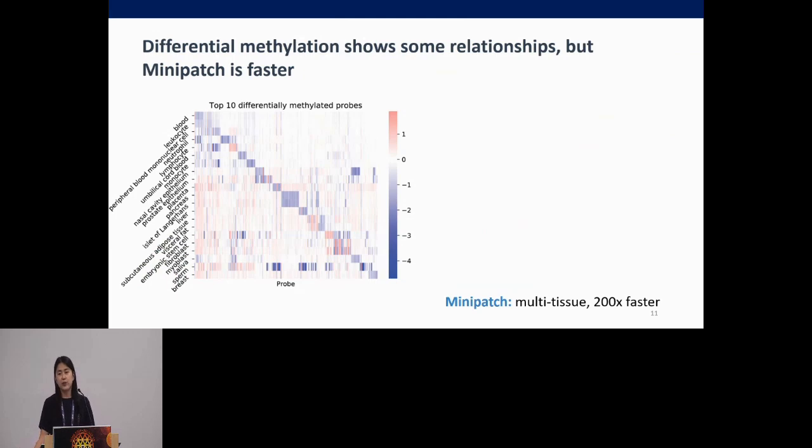Another very natural way to think of feature selection, especially in DNA methylation, would be differential methylation. So I actually performed differential methylation, one versus rest, on all of the tissue types that we have on hand. And then I sorted the tissues by their ontological relevance, meaning all the blood cell types are together, and all those that carry out similar functions are sorted together. And then I picked out the top 10 differentially methylated probes from each of those tissues